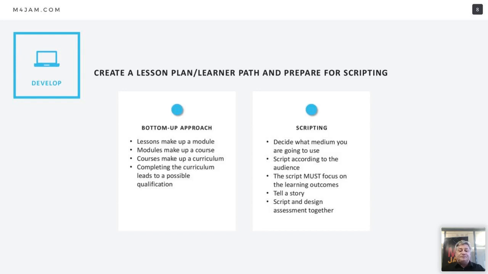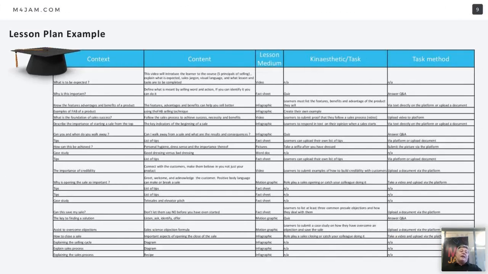Cool. So after you've done that, you create your lesson plan. Now, this is an example of my lesson plan. This is my mind map. I work from this. Everything that I'm going to do, I will put on this spreadsheet, the content, the context,